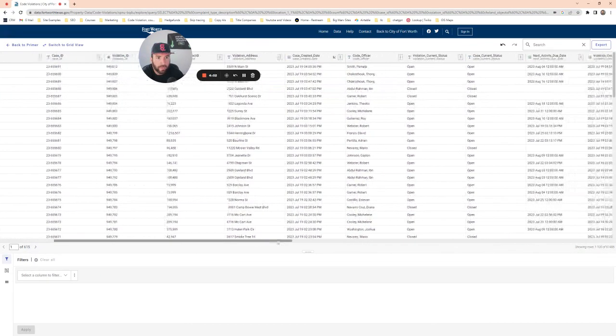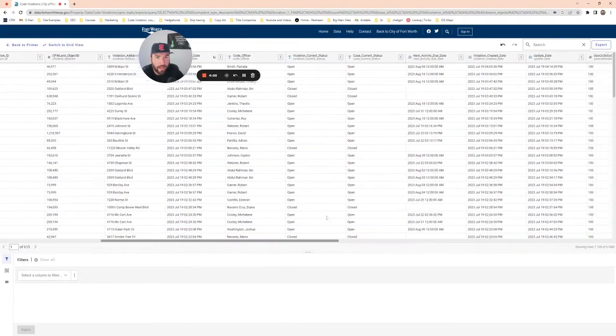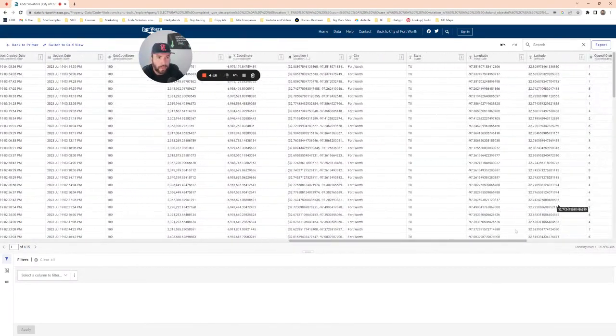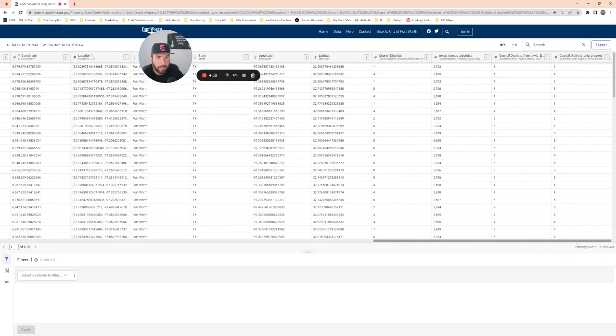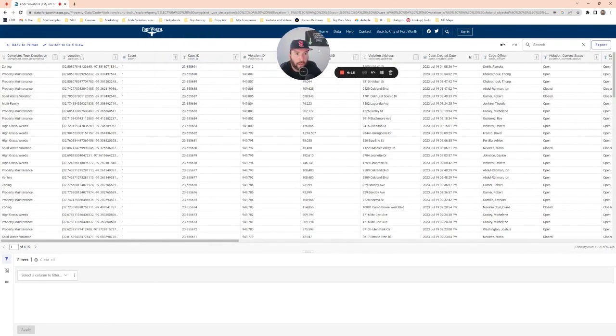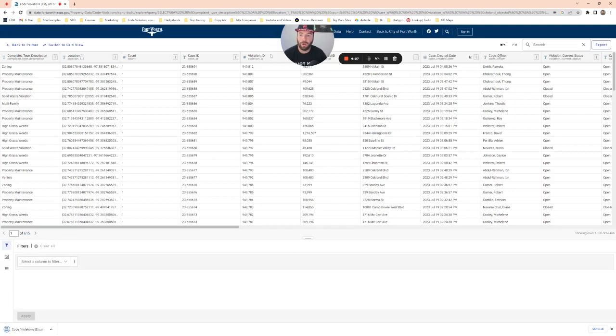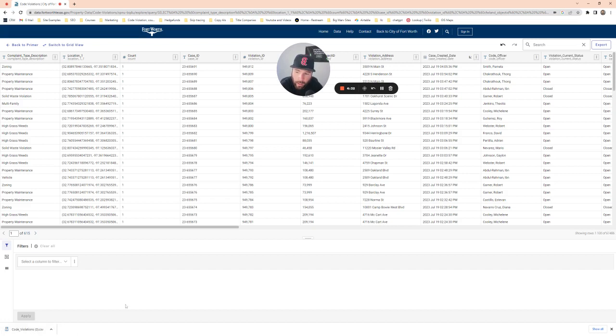If you scroll over, you'll see the current status, next activity date, city, state, whole bunch of stuff. So really all you have to do now is hit the little export button. I like to do CSV. Export initiated, and boom, literally that easy. Now we have all those leads to work. You see they're all down there. I don't know if you can see it on here, but they're all in a CSV file that we can go ahead and work, we can get that list cleaned up, get it skip traced.